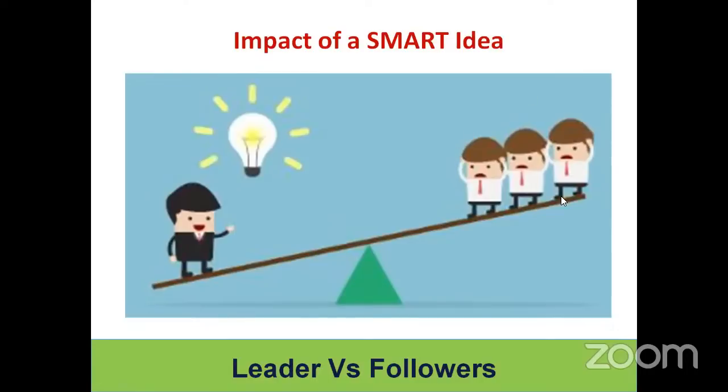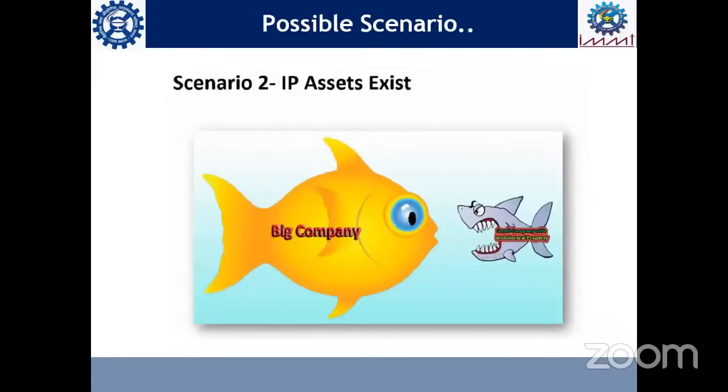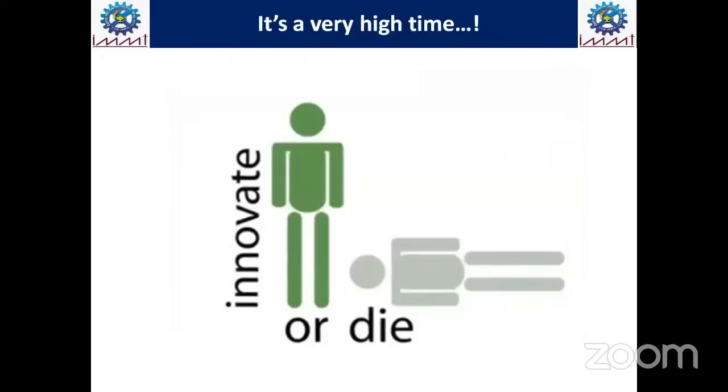But without doing anything also, we can be on the other side, because there are only two roles. One is this, the other one is this. If you are not a leader, by default, you will be a follower. You need not worry. And this would be the scenario if you do not have IP assets. Big will eat small, small will eat further small. Being small is so dangerous without IP. And if you have IP, whatever small you may be, you can fight, you can rise, you can resist, you can retain, you can stand on your own. Whatever small you may be, you can still face anyone. That is the power of IP.